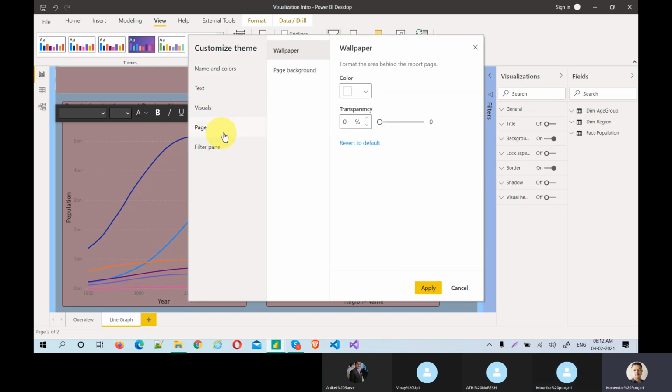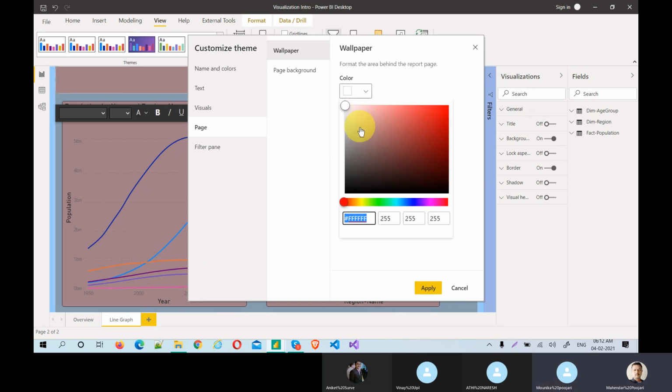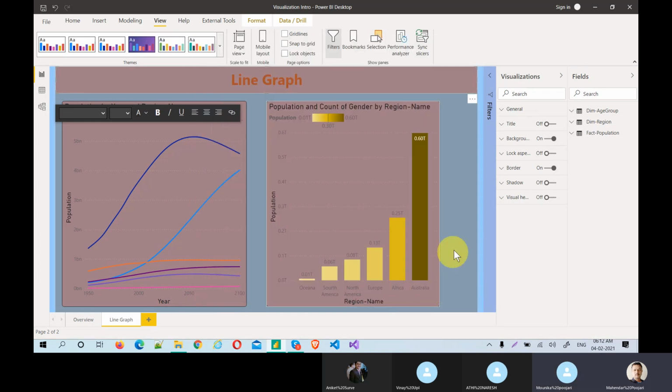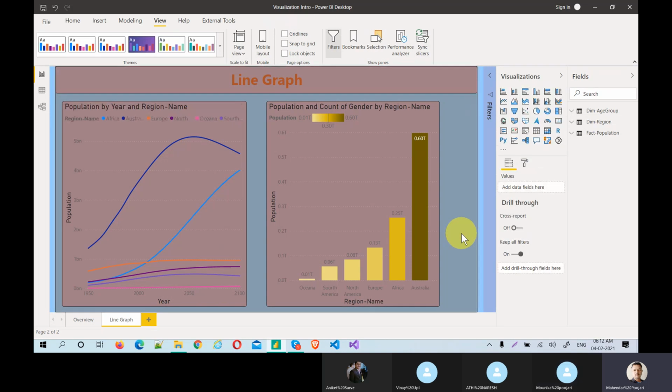Let's say you have done all the changes. Let's use the transparency. Transparency will give you more in terms of color only. There are a lot of colors, but if you want to apply transparency, you can apply it. This is best because of look and feel only. There's nothing much about that.